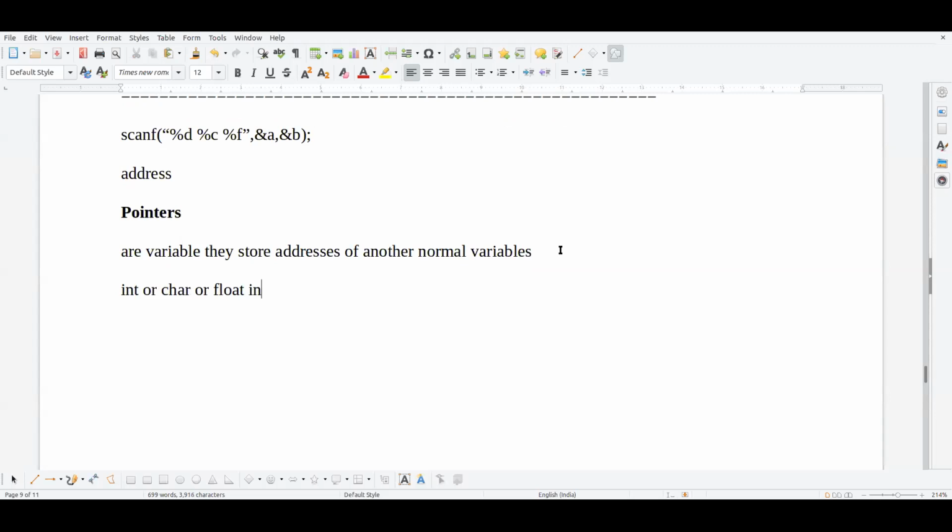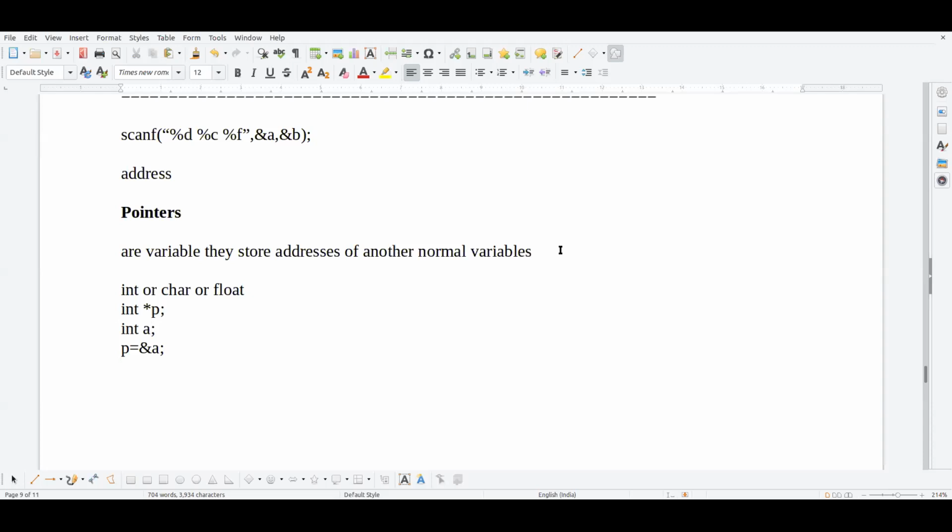How can we declare a pointer? Using asterisk, star, we call it asterisk. So p is a pointer variable, let us consider. So what we do is, how we put ampersand in the scanf, similarly we assign, let me take a normal variable a. So I want to assign the address of a to this pointer variable. This can be done like this. And most of them make some mistakes.